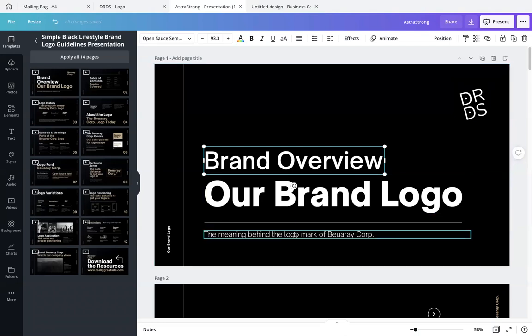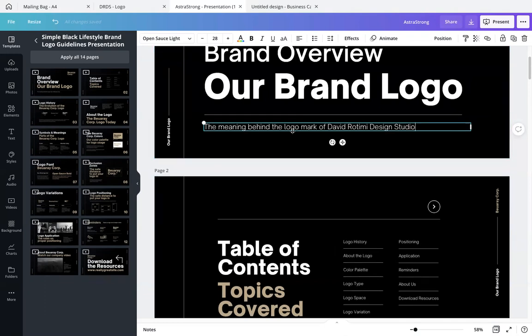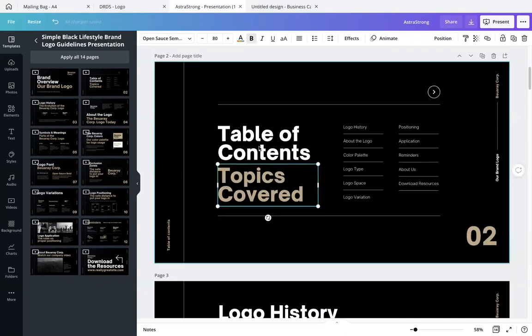Okay, let's just continue, right? So the meaning of the logo, mark of David Rotimi Design Studio. Okay, because that's the ideas. I'm basically just adapting these templates because you don't need to invent the wheel. Okay,